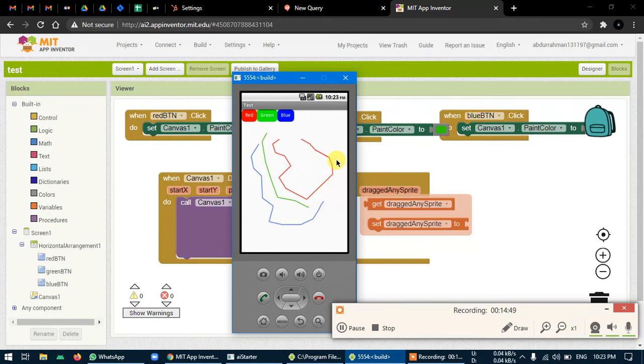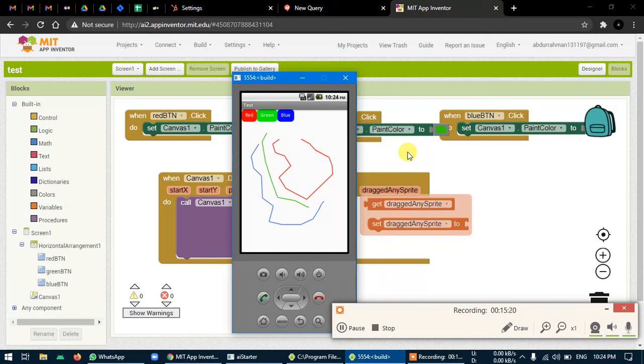Now the next thing you can do: instead of giving the blank screen, you can put a button on the top of the screen that will let you choose any picture from your gallery, because the previous app which we created was based on gallery. Like you can pick any picture and show it on your app. You can do the same thing, and draw anything on that particular picture.